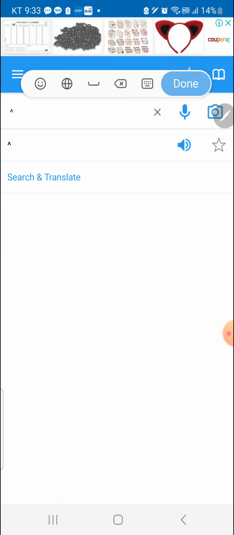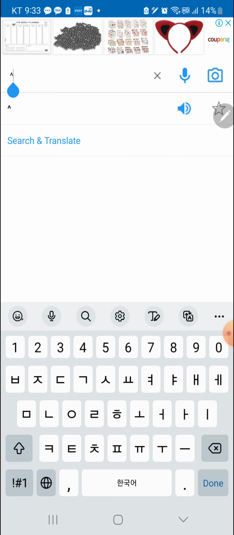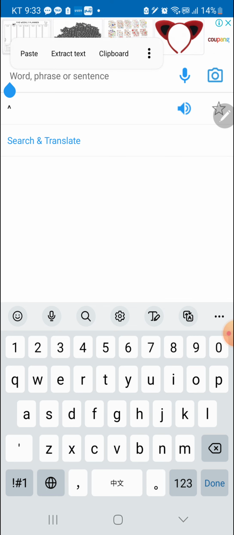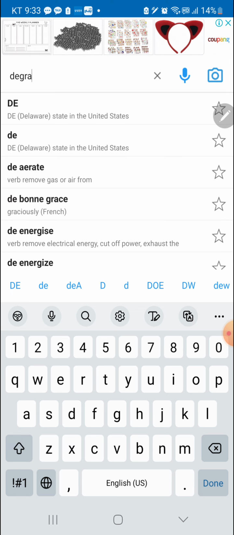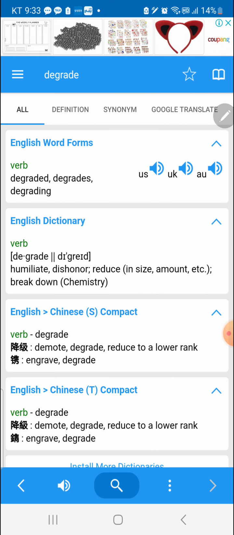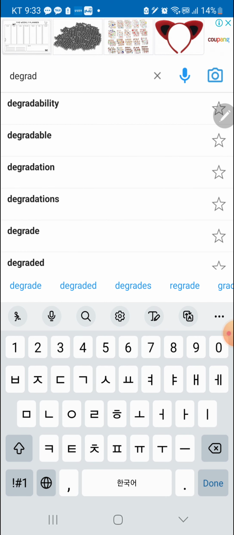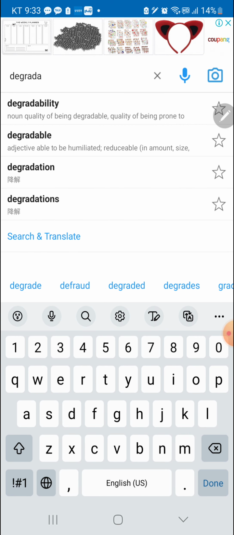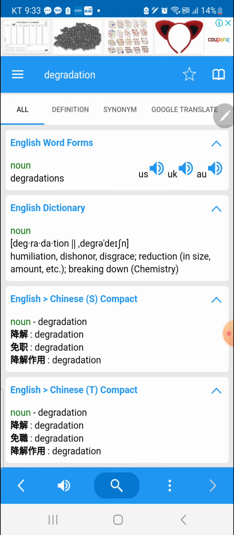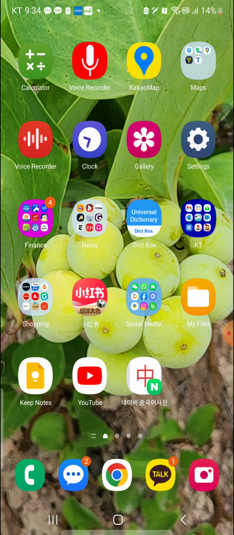Degrade. Degradation. Here it is. Degradation. So different pronunciation, right?